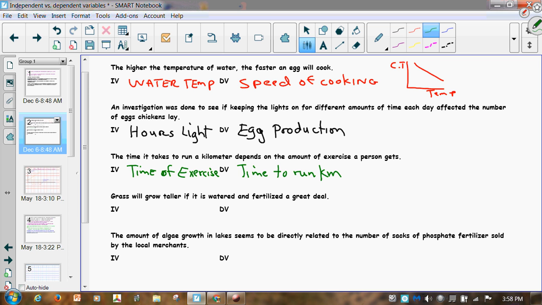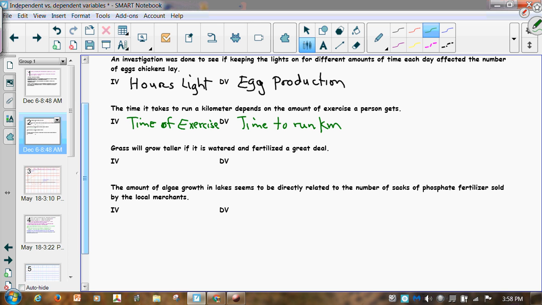The next one down, grass will grow taller if it is watered and fertilized. So we could say what depends on what? Well, the growth rate, or the amount of growth, would depend on how much water and fertilizer. So we would say that water plus fertilizer would be our independent variable. That's what we would control. And the result, or the dependent variable, would be how tall, right? Or said another way, the growth,